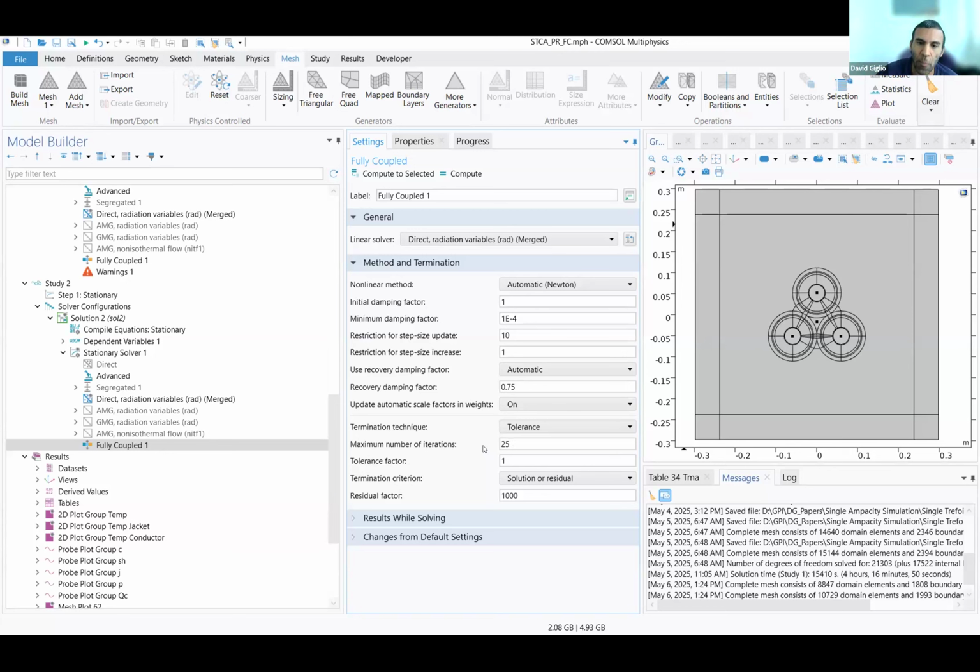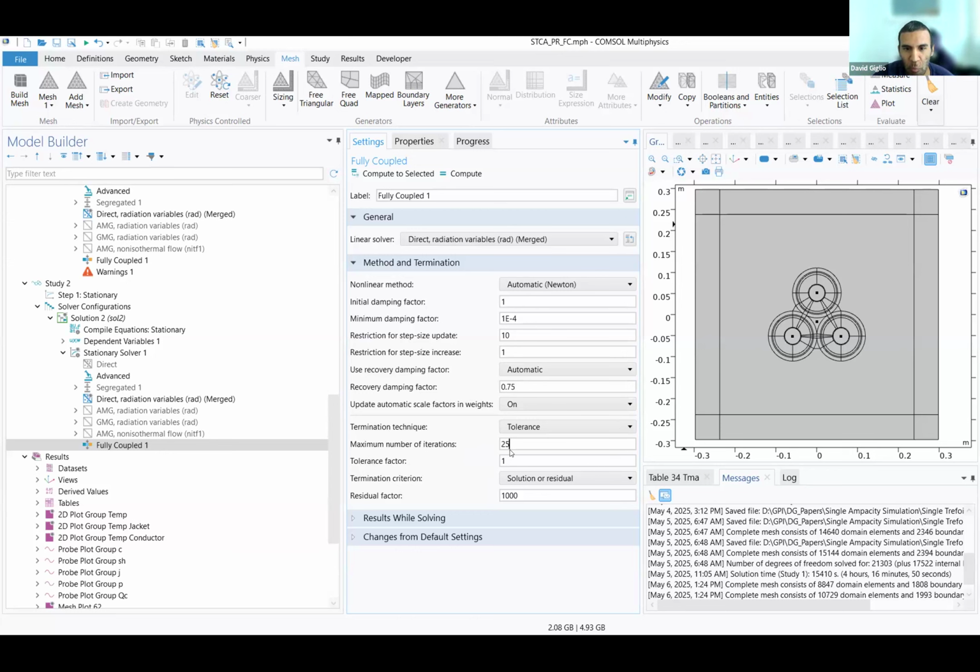So it's going to keep computing. If there's no problem, it's converging, it'll just go to the next iteration or the next time step. If there's a problem, it'll keep trying, right? Using the damping factor, it will recompute, apply the damping factor, and if it still doesn't converge, it's going to crash. It's going to say, sorry, maximum number of iterations reached. So